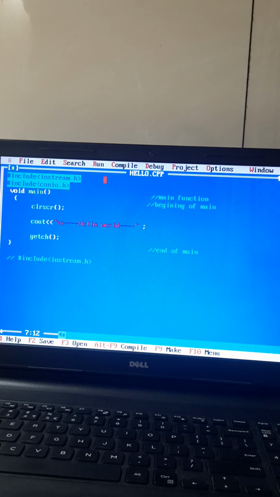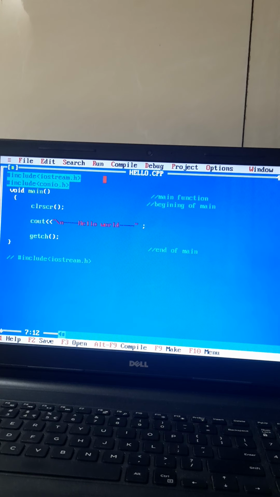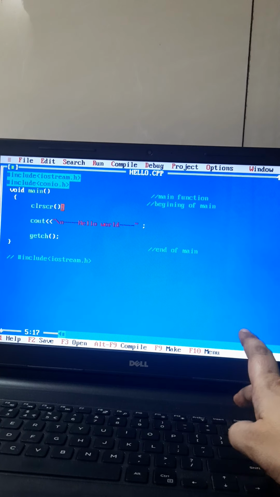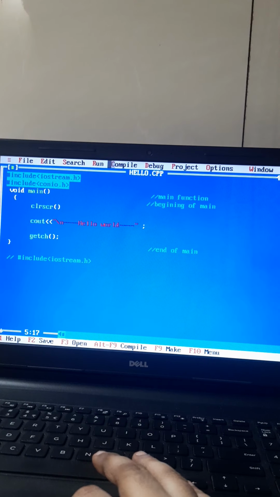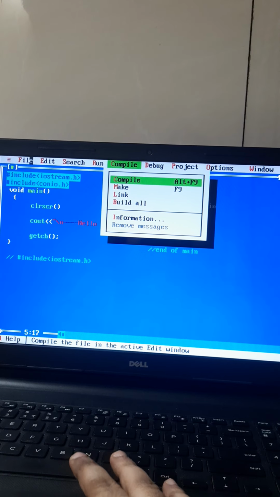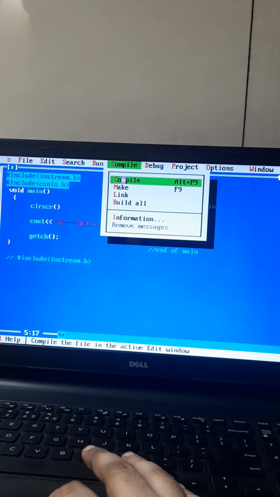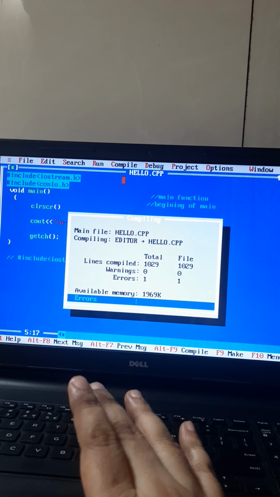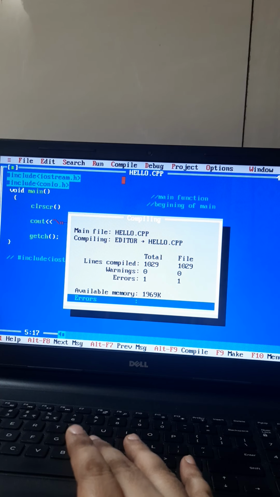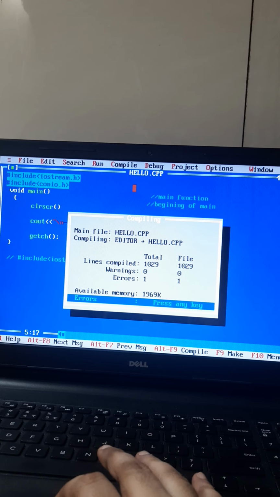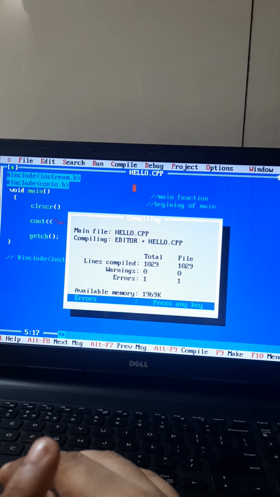Now if I make any changes, we will see what happens to the program. Purposely I am going to make some mistakes, and we will see that the compiler gives me an error, right? Suppose I remove this semicolon from here, then obviously we have to save the file, then compile it again. Every time I make changes, I have to save and then compile it. You can see the compiler has given the message that there is one error.